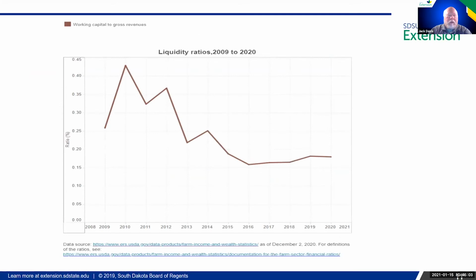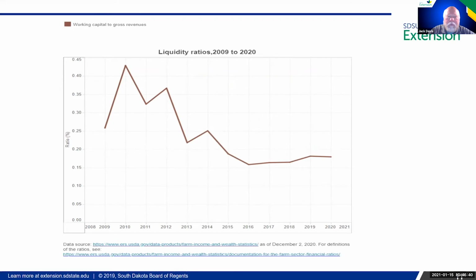So one of the things that in our last run up, liquidity was real strong. And of course, that is the first defense as margins tighten, is a strong working capital or liquidity. And liquidity, of course, is can we pay our current debts or obligations from current assets so that we have enough cash or inventories to sell and meet those current payments that come due. As a rule of thumb, we'd like to see that around 30%.